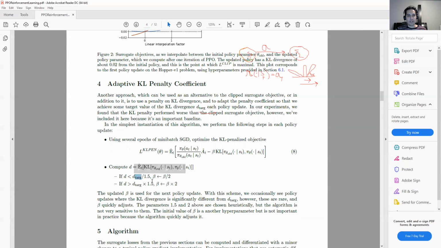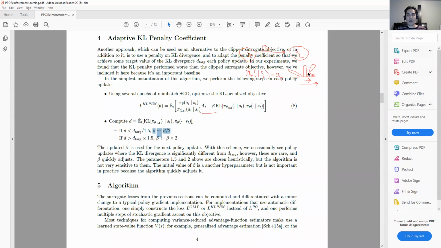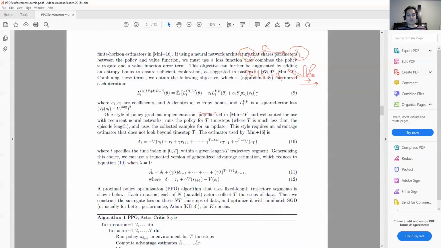So each time, based on how close we are to the target, we update the beta parameter. If we are far from 90 degrees, we want to move faster. If we are very close, we want to move gently so as not to suddenly go out of the scope of the stable point. Finally, they provide this formulation, which is a combination of the clip, the MSE (mean squared error) loss of the